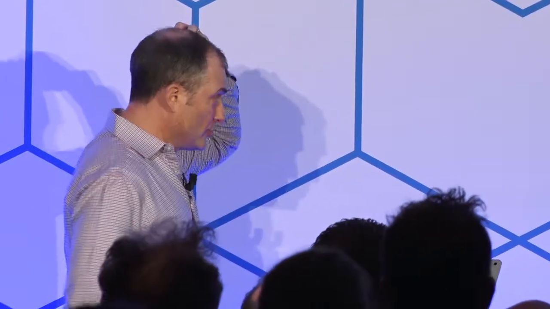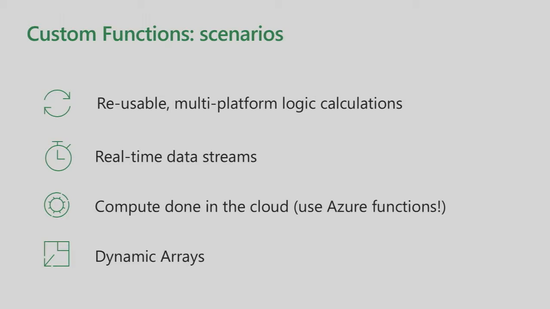So let me get my clicker back here. Just to recap, and I think I keep recapping these things, but that's also to make sure you remember them. The idea is to create these reusable multi-platform functions that allow you to do anything, anywhere, using real-time data streams, using compute power from the cloud, either to store data or to bring functions into the Excel spreadsheet, and then also to use other cool stuff, especially dynamic arrays. The reason I think dynamic arrays become interesting is that when you want to bring this much data into the sheet, having parameters to control the amount of data you're actually bringing in is a nice tool to have.